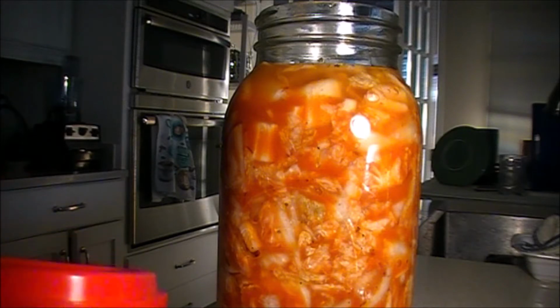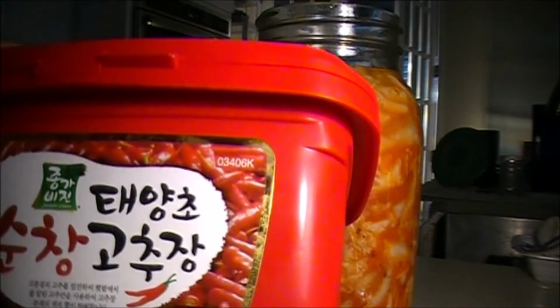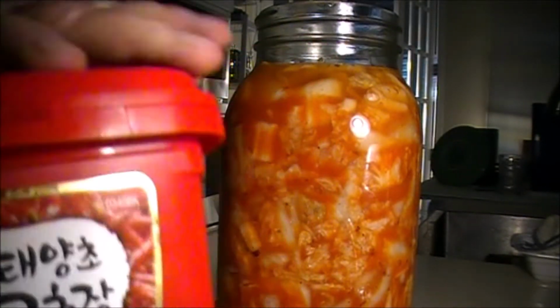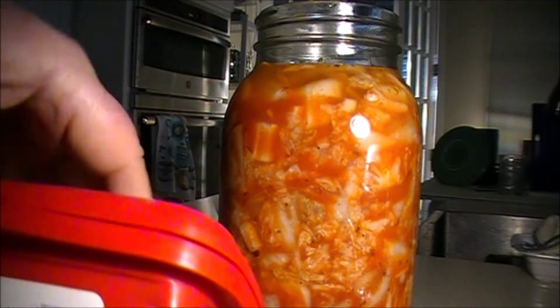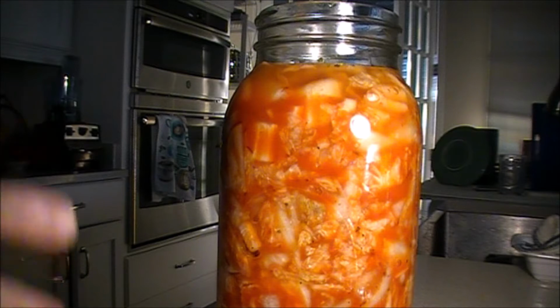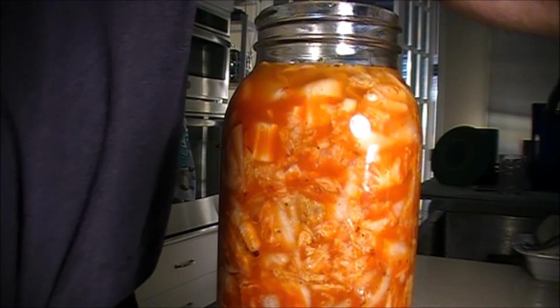And I also use this pepper paste, which is some kind of Korean thing, and it kind of looks like that. It's kind of gross, but it's like a tomato paste consistency. Anyway, what I've got here is my kimchi ferment that I'm about to start, and I also have a food